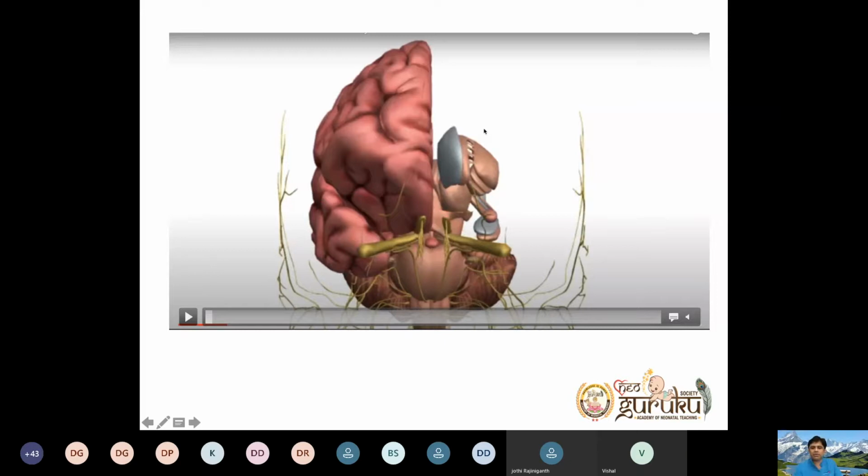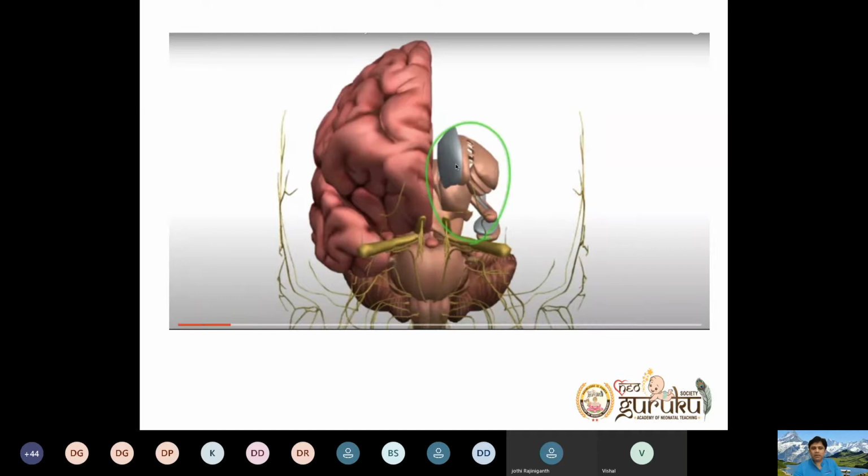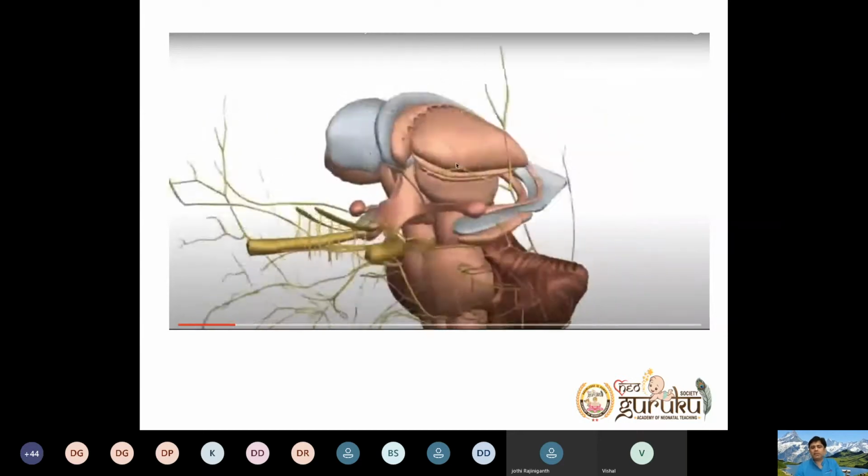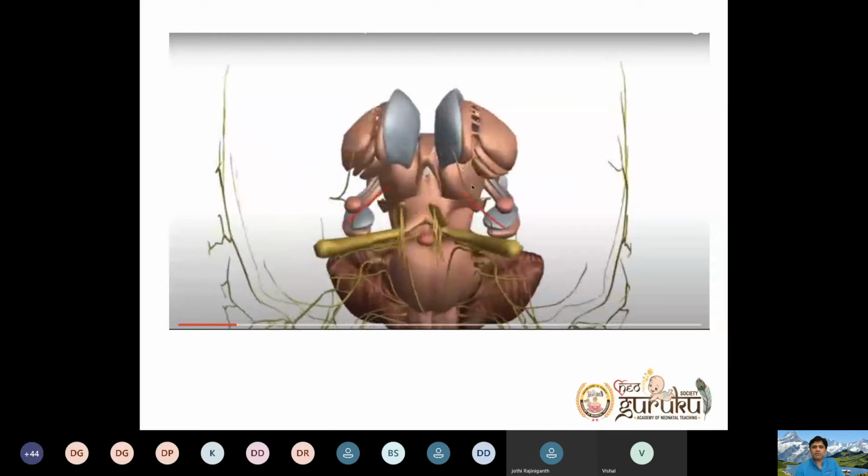I'm telling you this. So you can see anteriorly the pituitary gland here. So below the thalamus, you have hypothalamus anteriorly, and anterior and below you have the pituitary gland. And either side of the pituitary gland, you have your olfactory lobe. This is the relationship, how it looks like. So that's why I'm going a little slow on this particular thing, because we have 2 hours time. 1 hour we will do the live session. This is how it looks like.